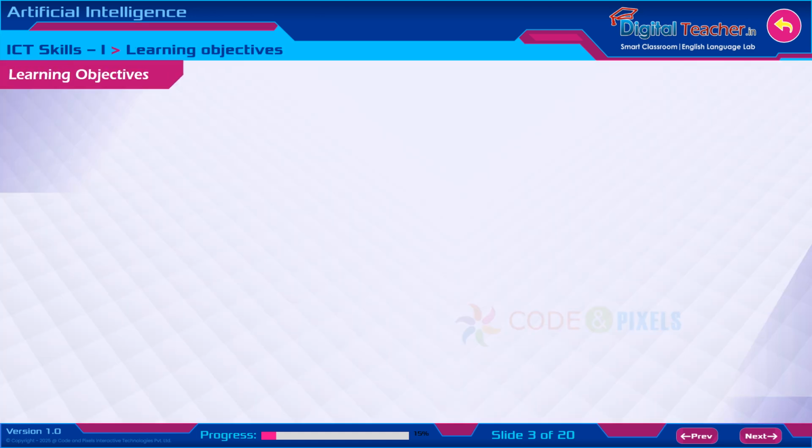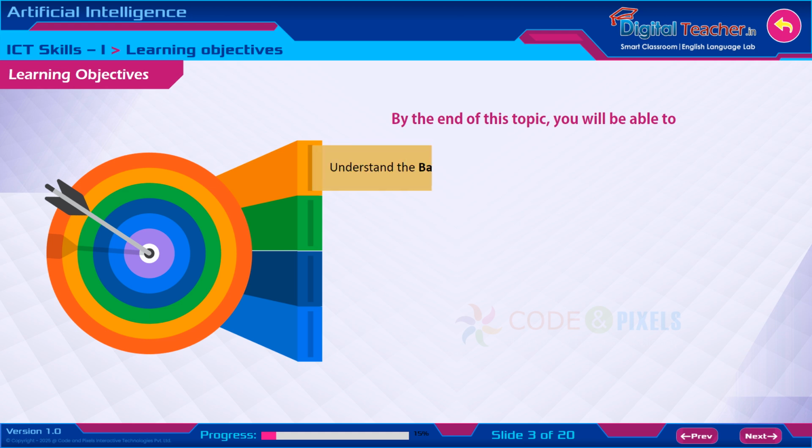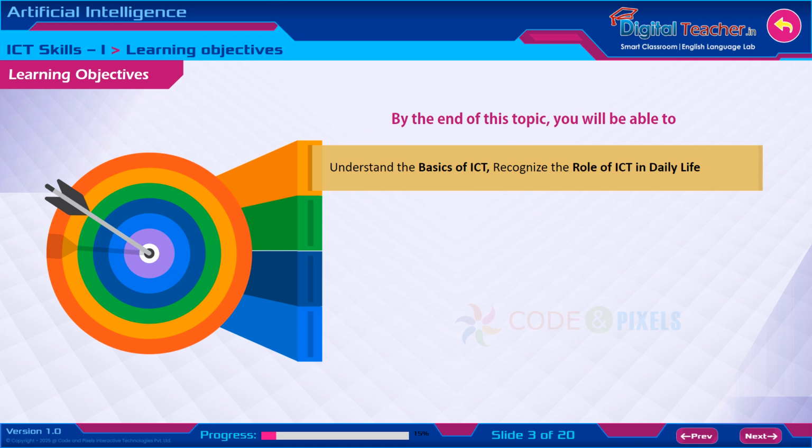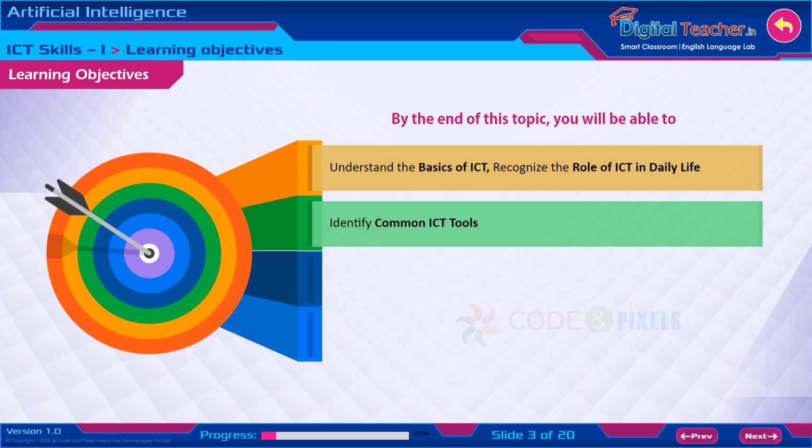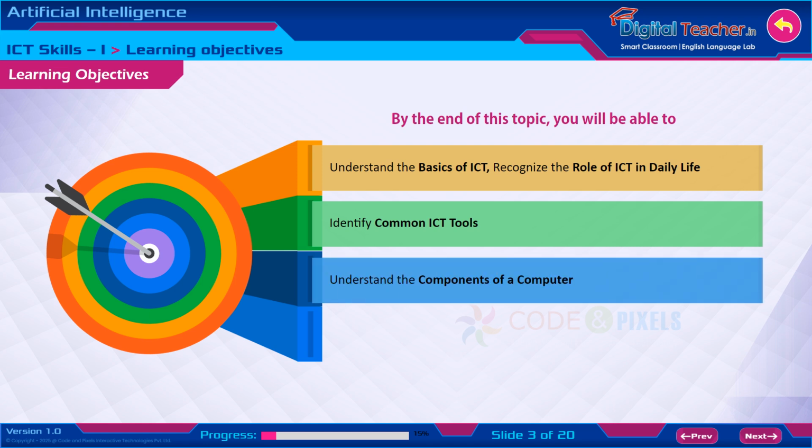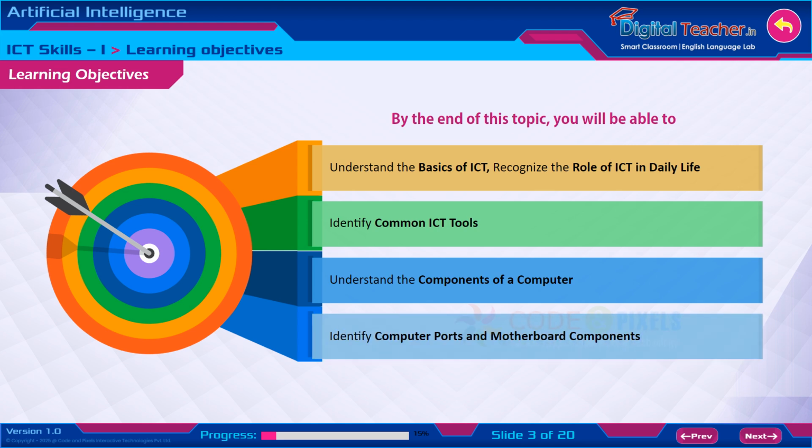Learning objectives. By the end of this topic, you will be able to understand the basics of ICT, recognize the role of ICT in daily life, identify common ICT tools, understand the components of a computer system, identify computer ports and motherboard components,